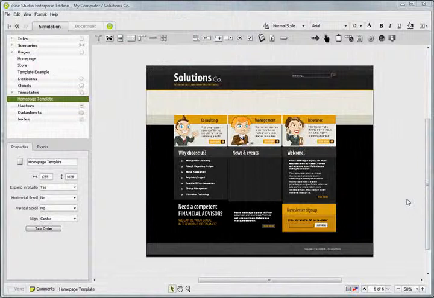Now we're going to talk about masters. And masters are a way to create page content or functionality that can be reused either in templates or in pages. If you're from the .NET world, masters are a lot like controls within the programming interface. For this specific example, we're going to embed a Flash object into a master and apply it to our homepage